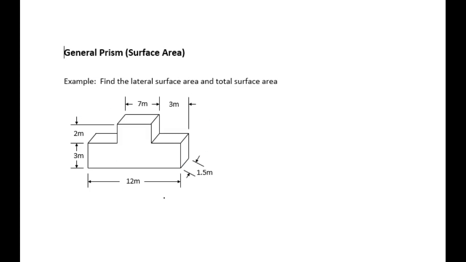So this is a general prism where we're not actually using necessarily direct formulas that we have available to us, but the idea is exactly the same. So we're going to find the lateral surface area and the total surface area of this three-dimensional shape. So noticing that it's not actually a shape, like we said, that you can go right to our formula sheet for. But the idea of prisms is that you can cut at any spot, and then the two bases are